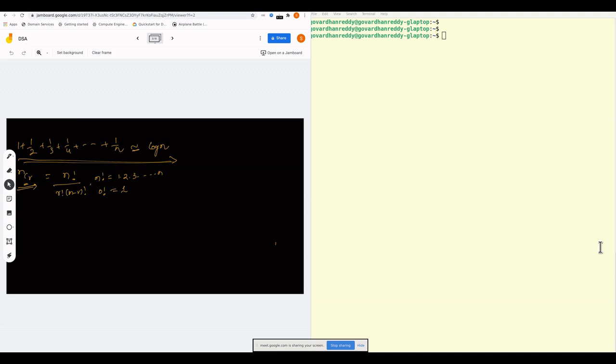One of the interesting things about nCr is that it also works for negative numbers. So you can also compute, for example, minus 1 C 1, because nC0 is equal to 1 for any n, and nC1 is equal to n for any n. After that, nCr can be written as n into n minus 1 into n minus 2, and so on,